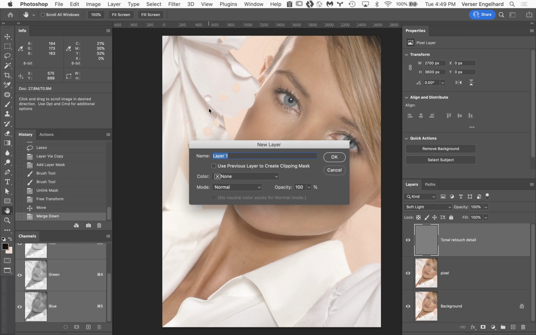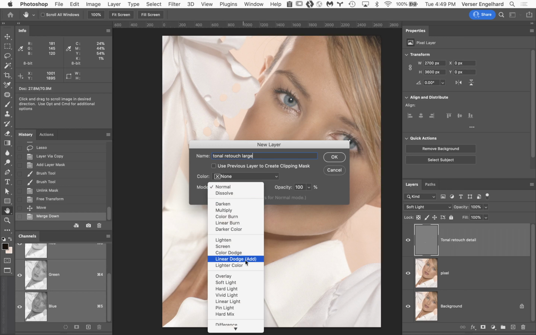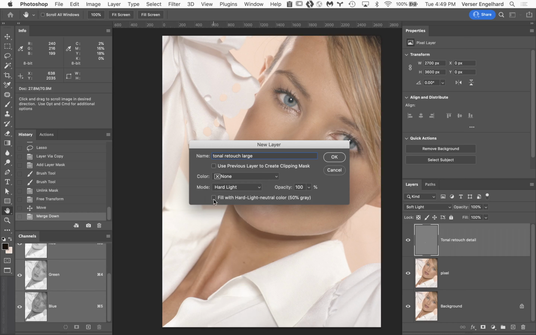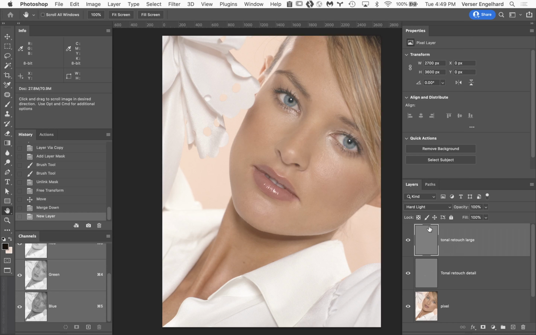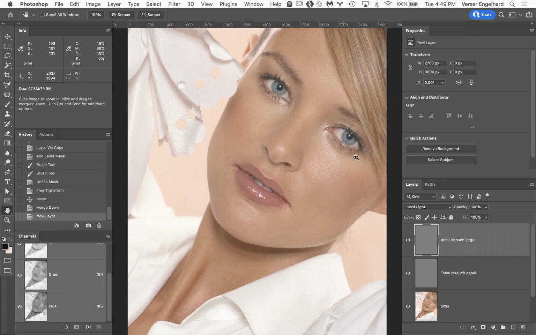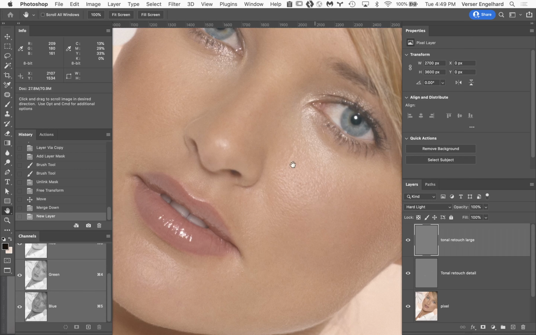I'm going to call this Tonal Retouch Large. Again, click on my drop-down menu to make it soft light. Click on the check mark next to the fill with soft light neutral color. Say OK to this. So what this is about, and you want to keep this stuff separate from your detail